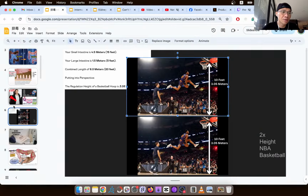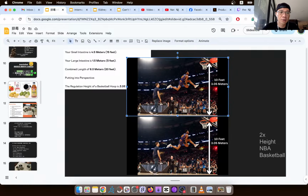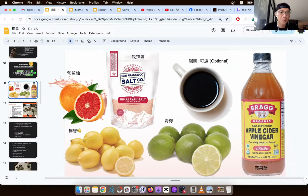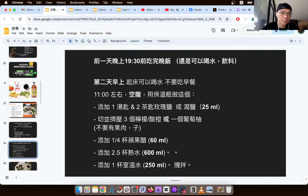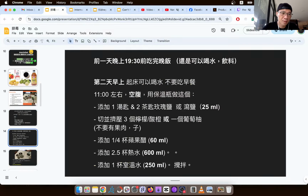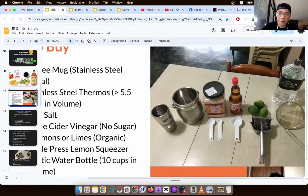So I'm going to go to a slide. You guys can get all the different tools for the self-flush protocol. So these are the ingredients. And then we have a slide where I show you guys. I need to zoom in, sorry about that. I'm trying to zoom in on this guy. So over here,